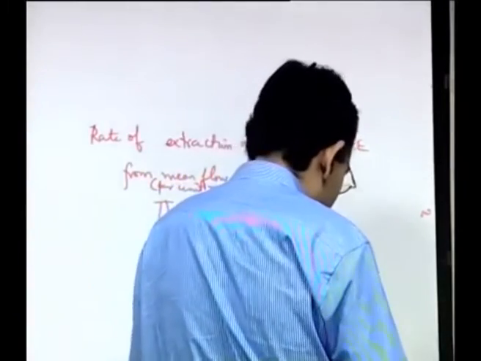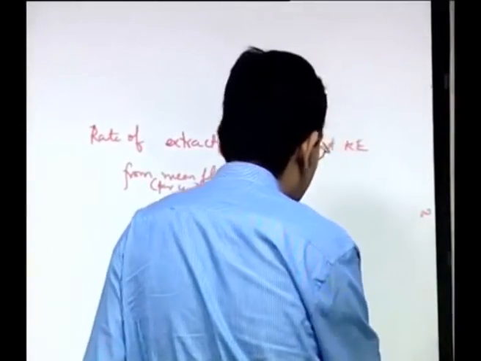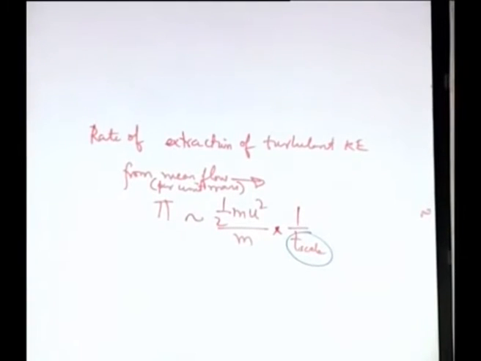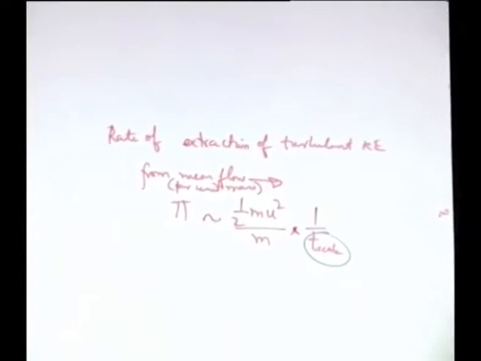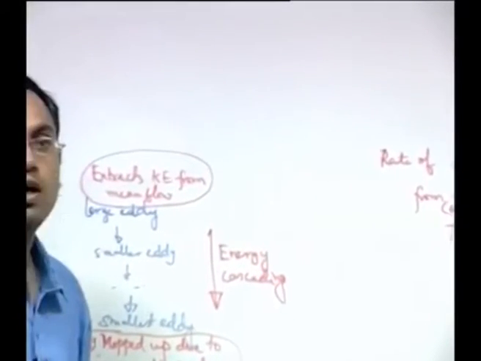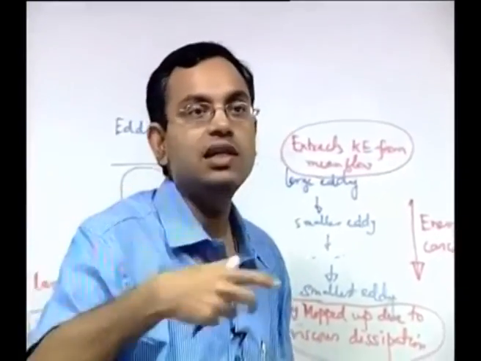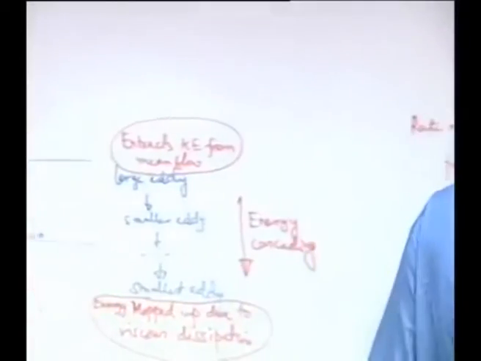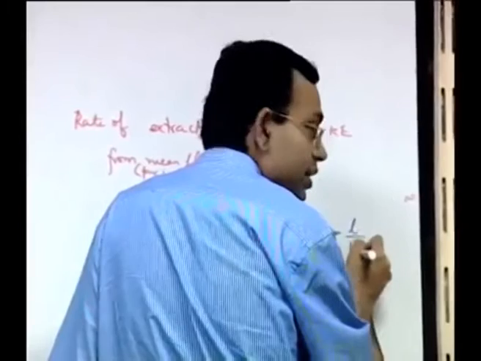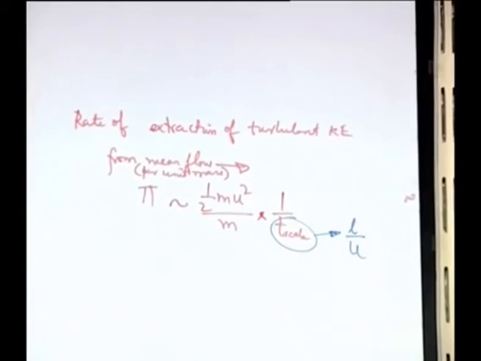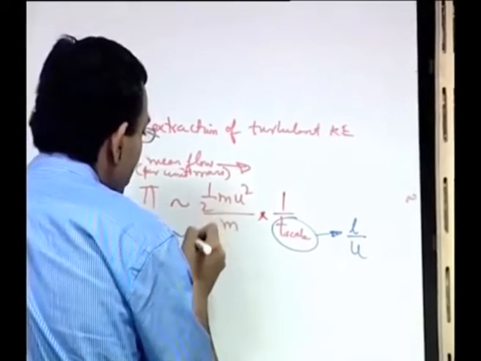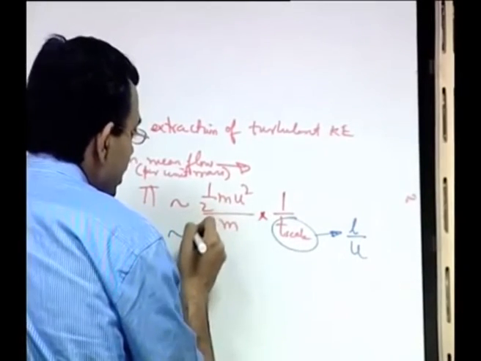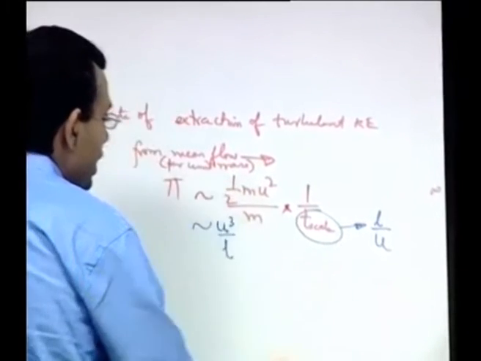Now what is this time scale in terms of the velocity and the length scale? So this typically is called as the turnover time scale, that is a time scale characteristic to the large eddy turnover. So the large eddy, because it evolves, it is a dynamical structure, it evolves into smaller and smaller eddies, and then again you have large eddies appearing and so on. So it is a dynamically evolving situation. So the time scale is L by U. So the rate of extraction of turbulent kinetic energy is of the order of U cube by L.